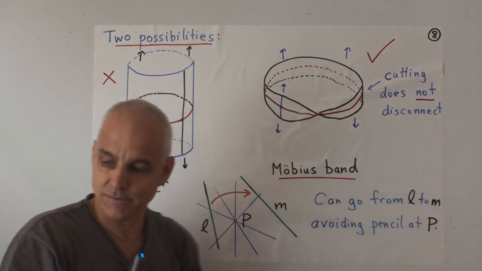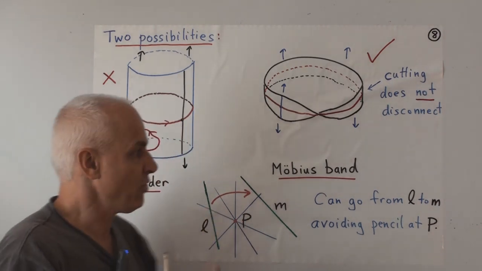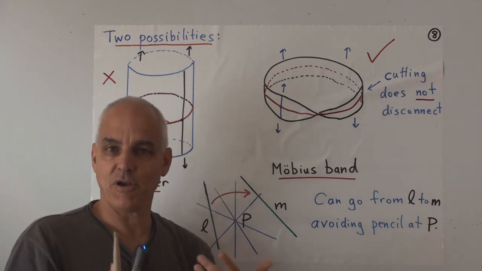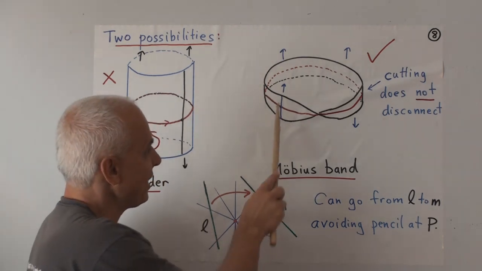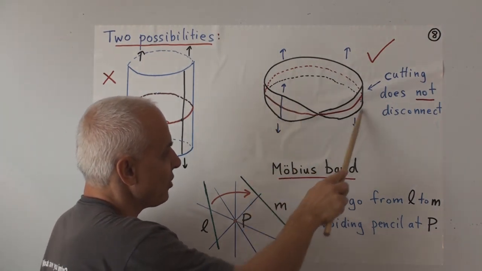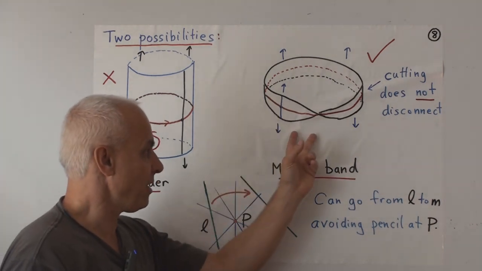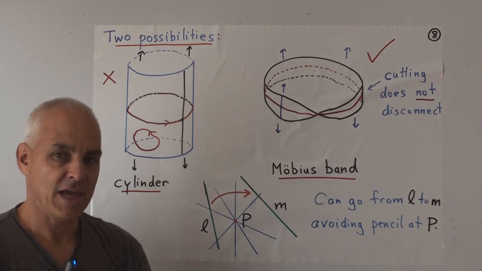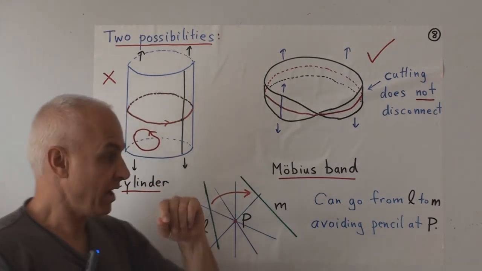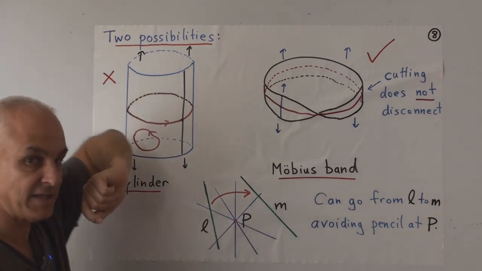then you could cut along the Mobius band just like the model I made. You can do this at home, make a Mobius band, cut along the thing. You will find that when you finish the cut, the thing falls apart, but it doesn't fall apart into two pieces, because the things that were on top of the circle over here are connected to the things on the bottom because of this overlapping twist. So that's a difference between the Mobius band and the cylinder. If you remove a circle from the cylinder, you always get two different pieces. In other words, you cannot connect a piece inside to a piece outside.